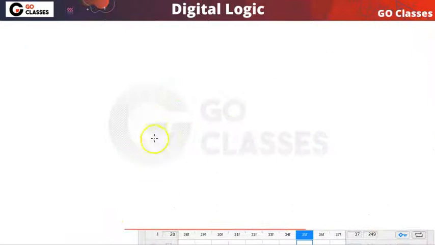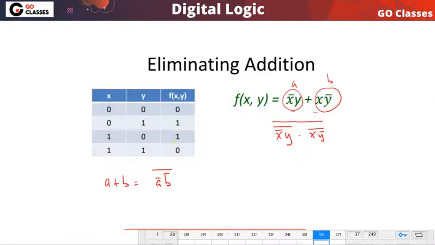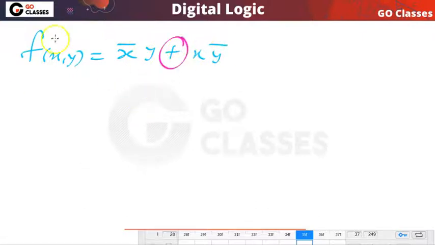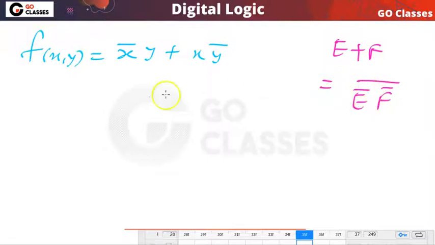Anyway, let's see one example. If you have this function f(x, y) equal to x bar y or x y bar, in this function we have this or operation. So can we eliminate this or operation? Very easy. I told you that for e or f, you can do e complement f complement whole complement.